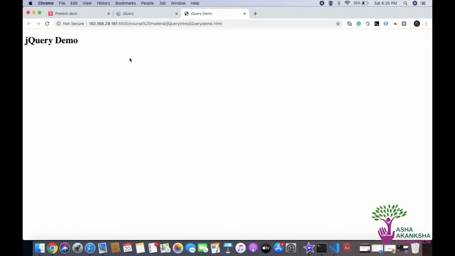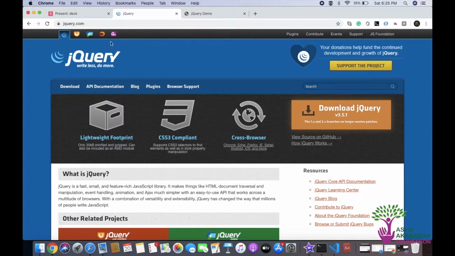However, if I open this page up right now, I actually don't have jQuery here. The reason is that jQuery is not a separate language like JavaScript; it's a library. As a library, if you remember, you always had to include Bootstrap in your document. Similarly, you will have to include jQuery in your document. So how do you do that? If you go to the original jQuery.com and you press on download,